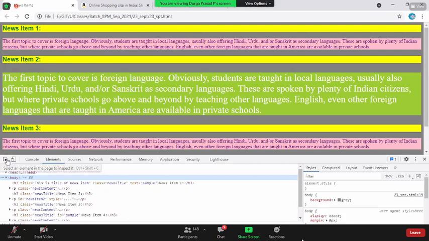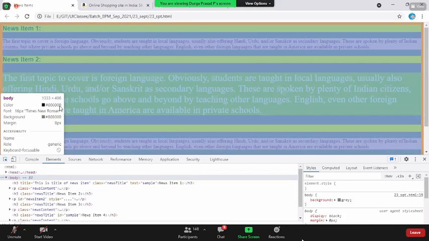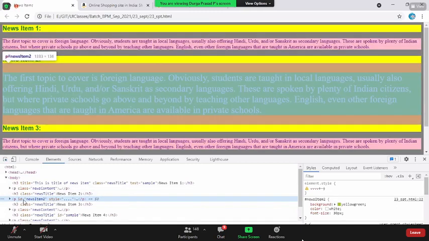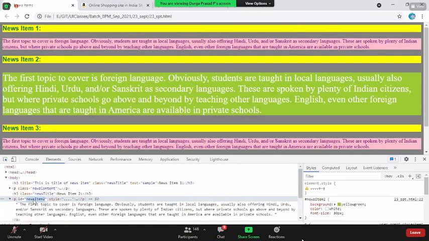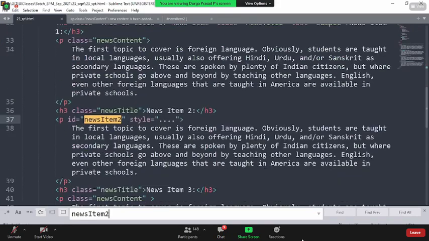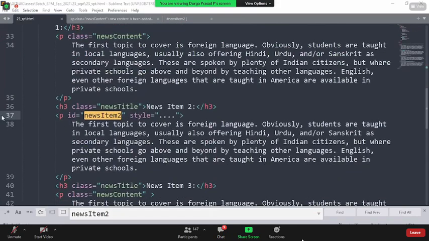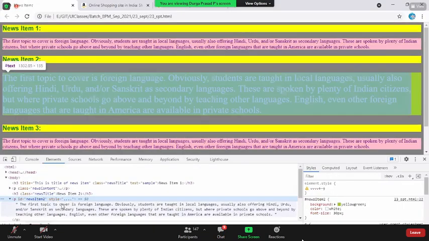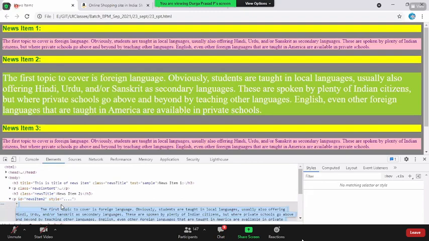What I will do, I will click on this arrow symbol, directly go here, click on this. I get to know that it is a paragraph which has the ID called news item 2. Just come back into your code and see where that is. Now, from the existing complete HTML code, do you get to know which paragraph tag needs to be updated? Yes. The second thing is, if you want to make the change, I want to see how the change is going to look.